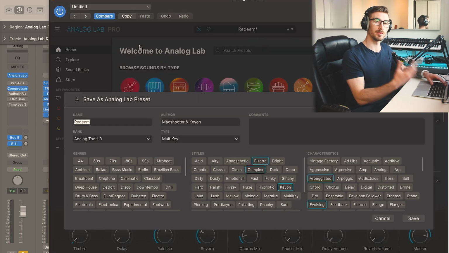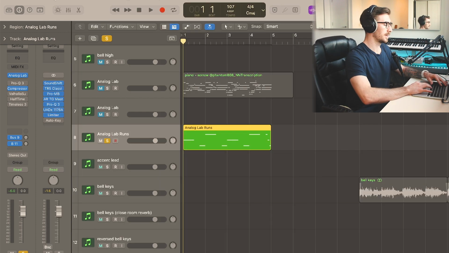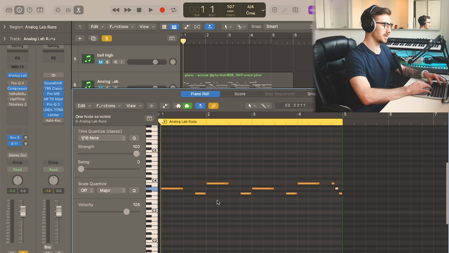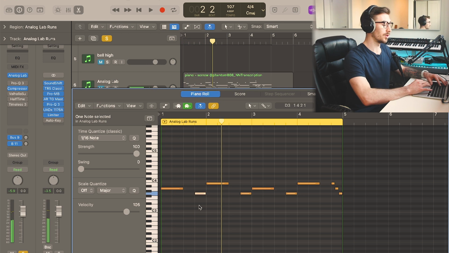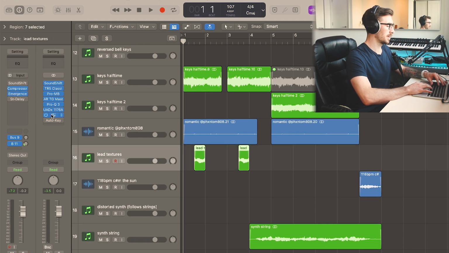And this texture came from another Analog Lab preset called Redeem. This is from Max Shooter and Keon's Analog Tools 3 kit. And if you hear the pattern here, I literally just took that one note where it gave that cool texture and bounced that out,